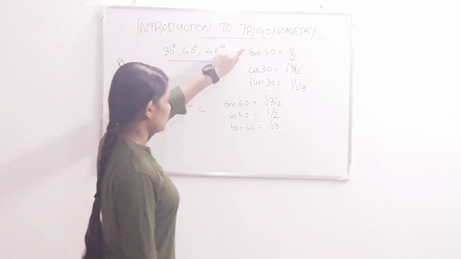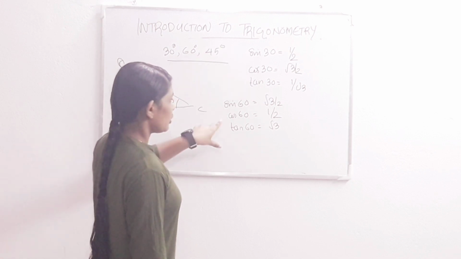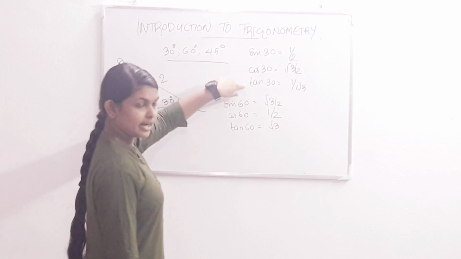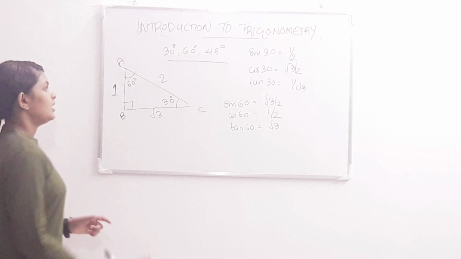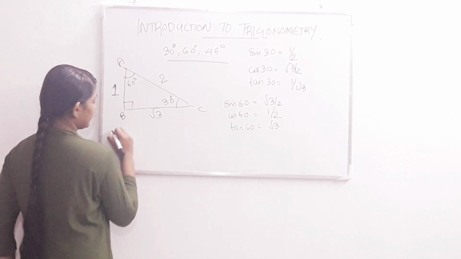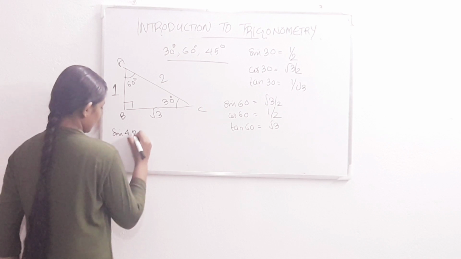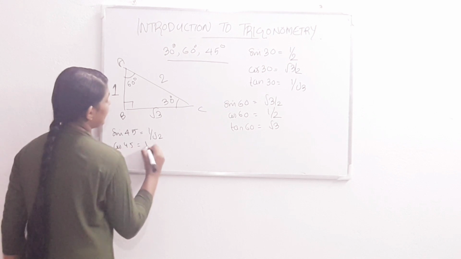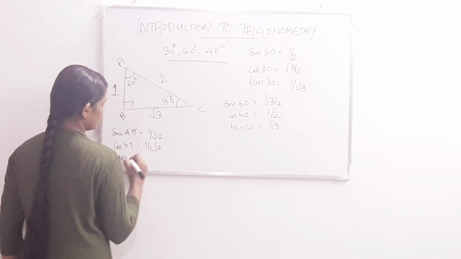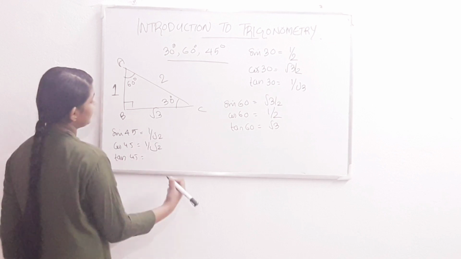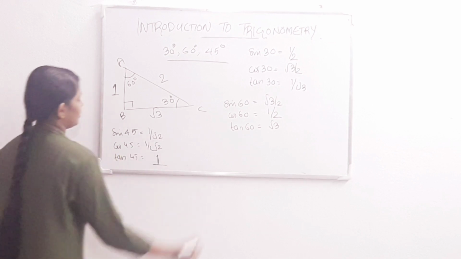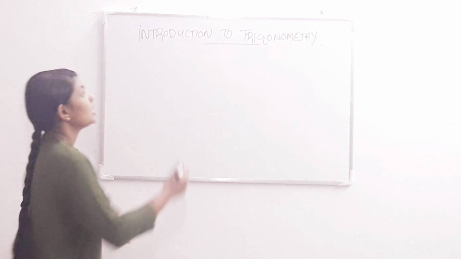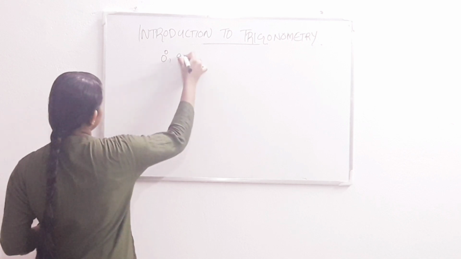Now we can find another interesting thing. The sin 30 is equal to cos 60. Sin 60 is equal to cos 30. Okay. And tan 30 and tan 60 are reciprocal to each other. Okay. Next, you have to remember this one. Sin 45 is equal to 1 by root 2 and cos 45 is equal to 1 by root 2. Tan 45 is equal to sin by cos, 1 by root 2 divided by 1 by root 2, which is equal to 1.